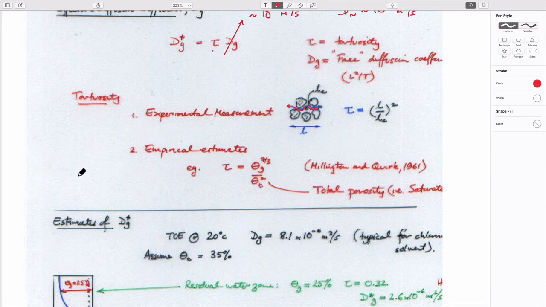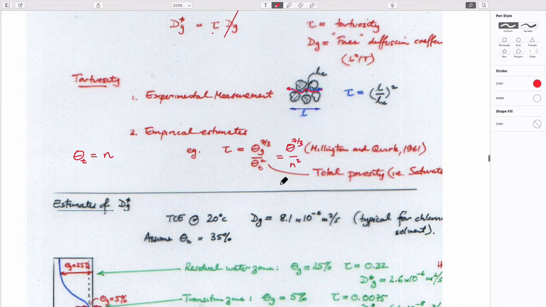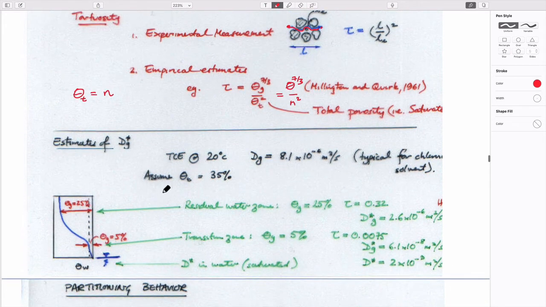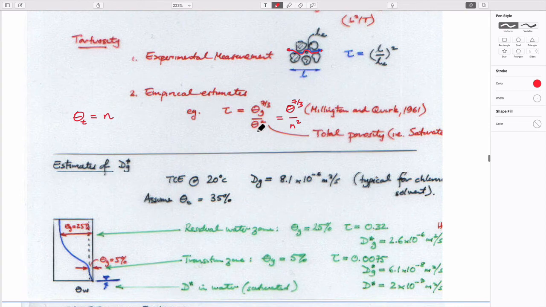content. So theta T here just means porosity, right? In other words, if it was completely dry with no water in it, then that would be the volumetric gas content. But this is the total porosity of the system. And so the gas content to the power 7/3 divided by the gas content, the total content, or the porosity. So I guess you could write this as porosity. Be the same way of writing this. And so that allows you to be able to say how this value changes as you go down through the